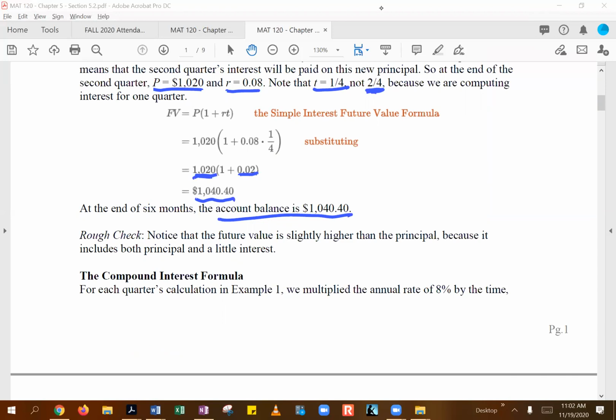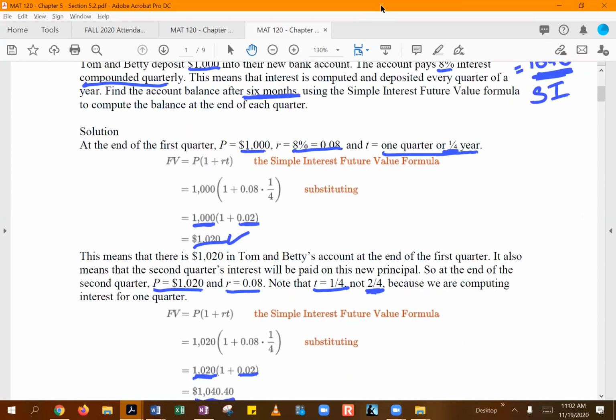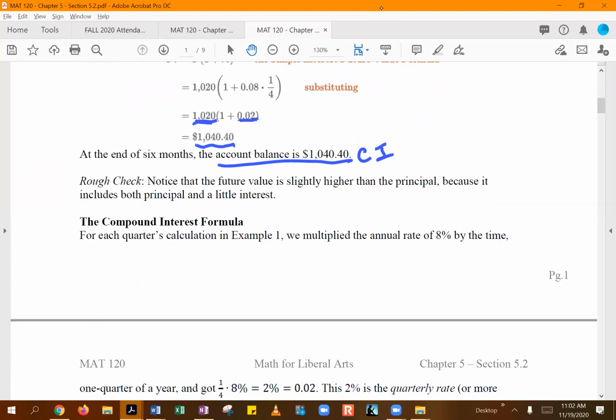But this just illustrates that there is at least a little bit of difference in doing just your basic simple interest calculation. So this would just be the simple interest formula, whereas this one over here is based on your compound interest. So you are going to get a little bit more money. So they're saying, notice how the future value is slightly larger than the principal. And this is happening because it includes both the principal and a little of that interest you had from the